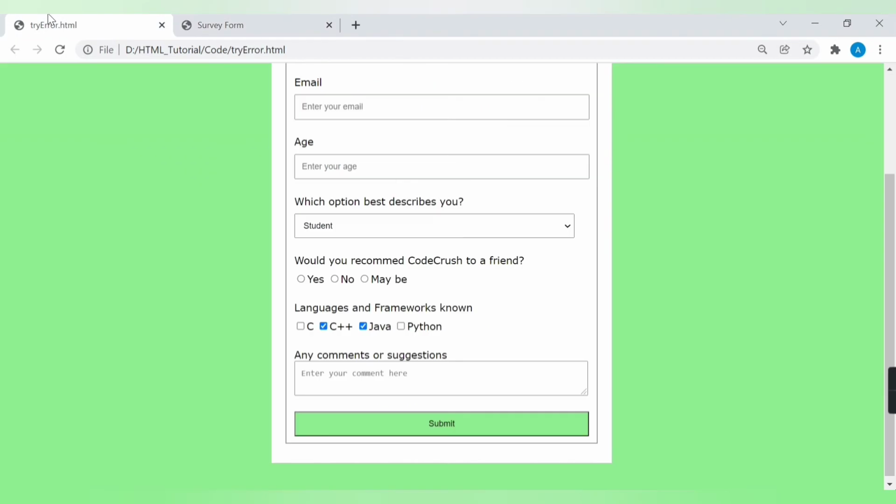After that we need to add one more label which says any comments or suggestions. If you see, this text box is somewhat bigger than the above text boxes because those were input type text, and here you need to provide one text area to accept multiple lines of input from the user. So let's add this.